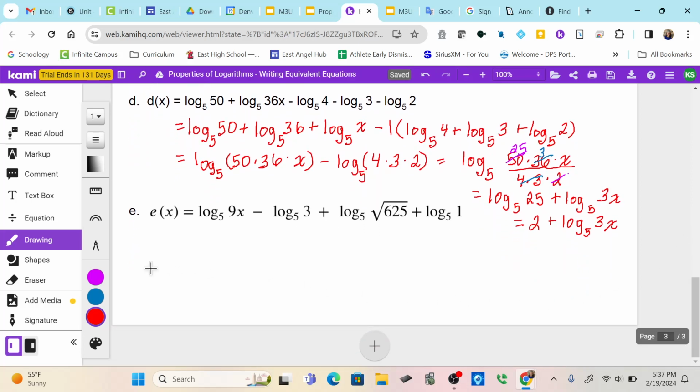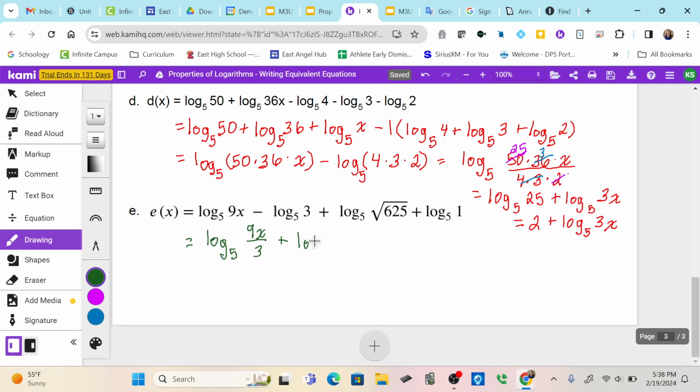And then our last function. I'm going to use a different color for this one. We have log base 5 of 9x minus log base 5 of 3 plus log base 5 of the square root of 625 plus log base 5 of 1. The subtraction tells me that I could be writing this as a quotient, log base 5 of 9x over 3, added to